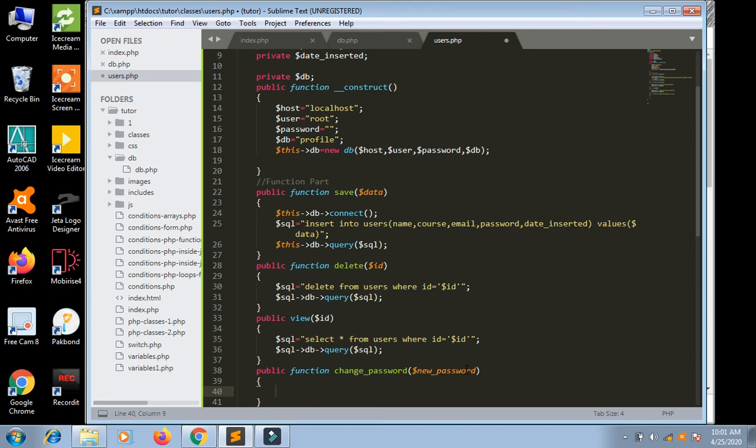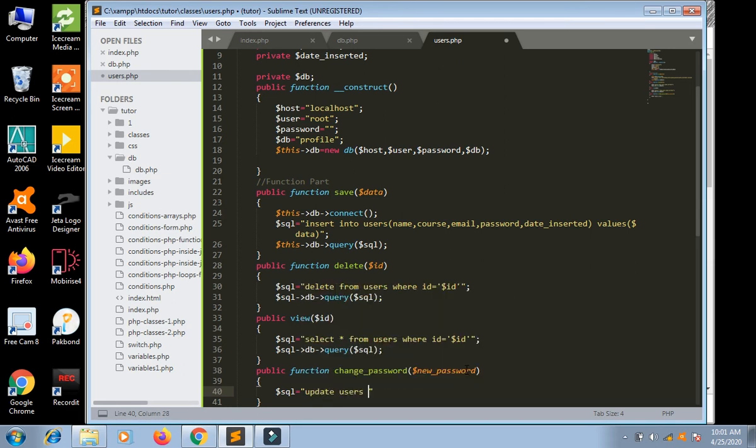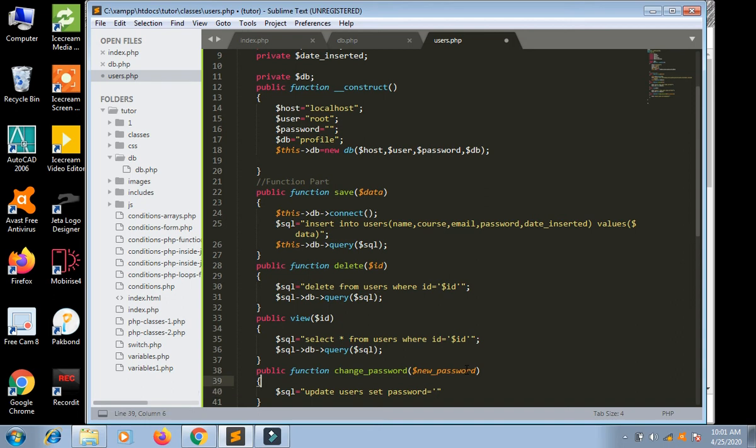This is change password, new password, and we will use SQL is equal to update to see how update works. Update users set password is equal to $password where ID is equal to $ID.